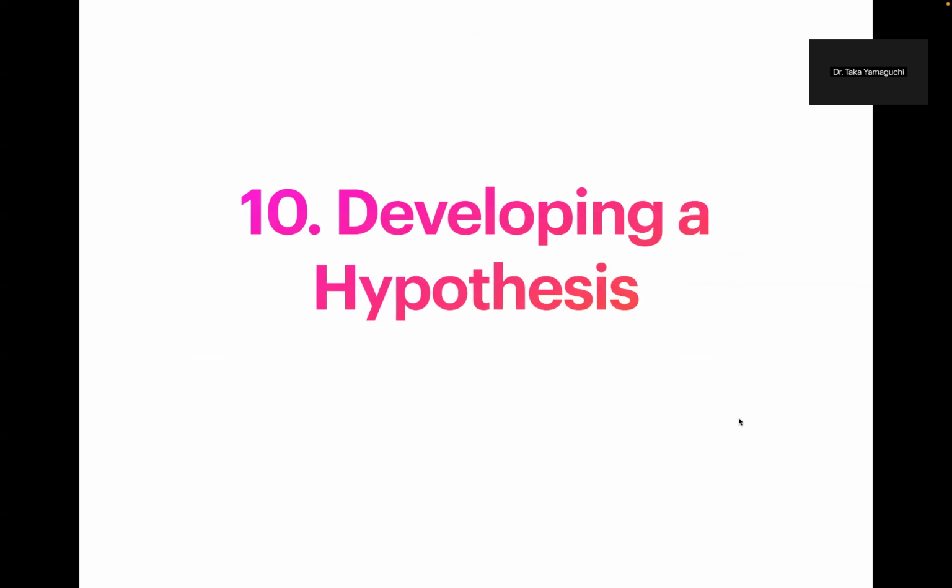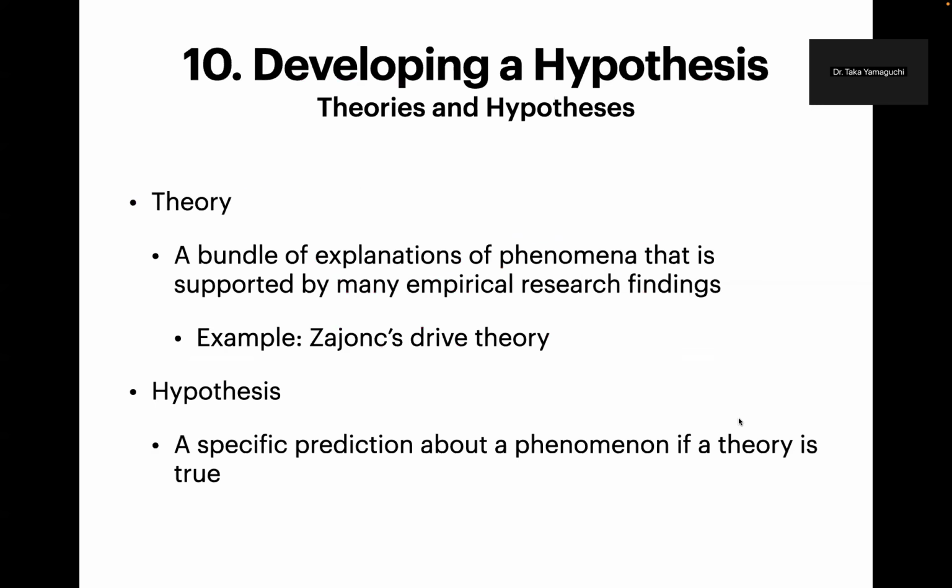Next section, developing a hypothesis. Before describing how to develop a hypothesis, it is important to distinguish between a theory and a hypothesis. A theory is a bundle of explanations of phenomena that includes unobserved variables, structures, or principles. For example,